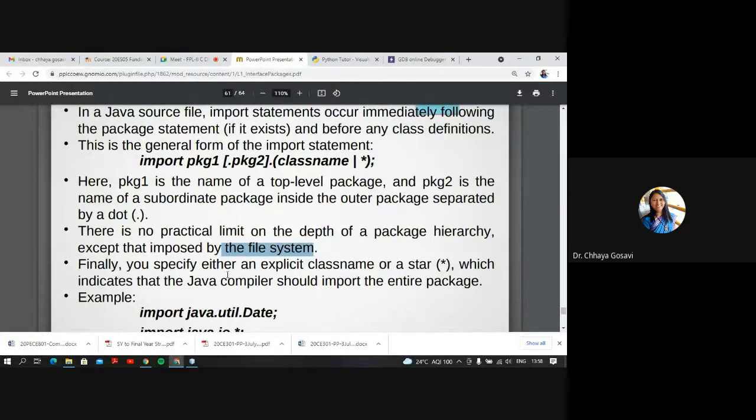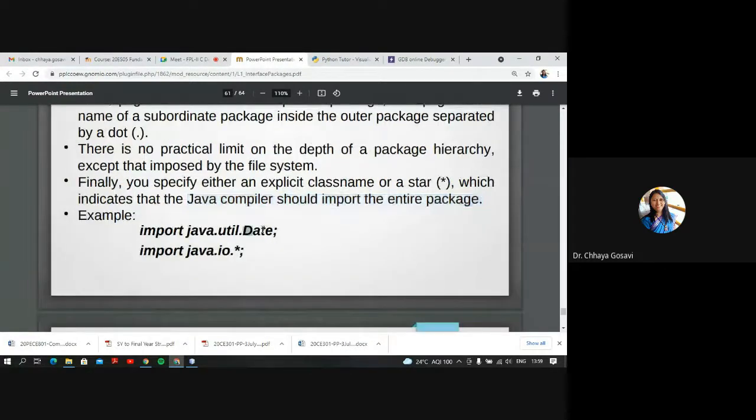Finally, you specify either an explicit class name or a star. Star means all. It will match everything from that particular package, which indicates that the Java compiler should import the entire package with classes, subclasses, packages, interfaces, etc. So if I want to use the Date class, Date is in the util package, so I have to import java.util.Date.